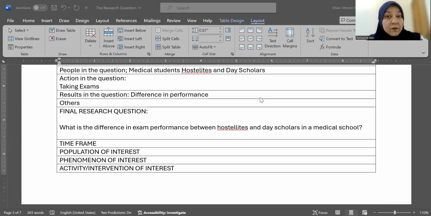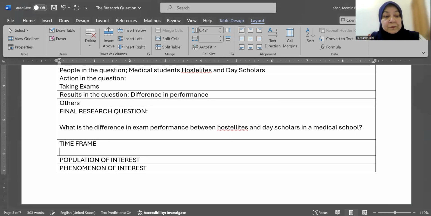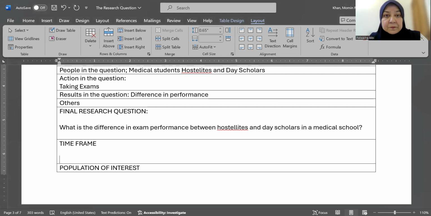So I don't know if there's a difference, but I think I observed something and I think that maybe there is a difference. So I am subjecting that question to this inquiry. The subject of my research is not why is there a difference, because I don't even know if there is a difference. Okay. So all I'm looking for is, what is the difference, if any, in exam performance between them. Okay. So my time frame is now, I'm going to do this research. So what is my time frame? How long do you think this research will take?